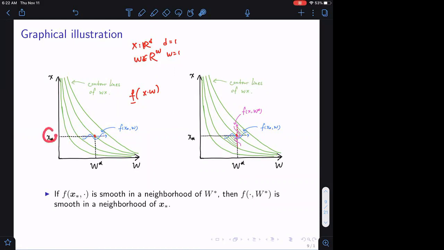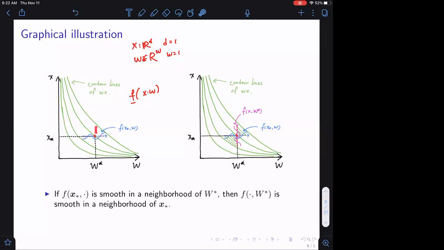Now, suppose I take a look at a point x. X is the data that I can change. It's a data set. And suppose W star is the parameters of the model function found by SGD. Now, what you see is that when W star is not too large, the smoothness, the oscillation of the function in the W direction, directly transfers into the oscillation in the X direction,